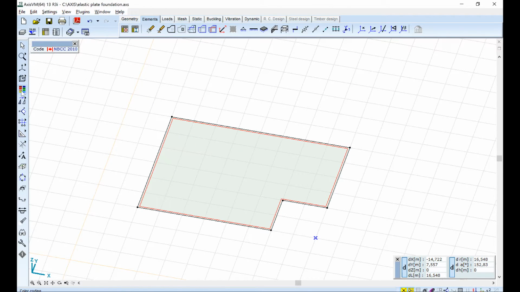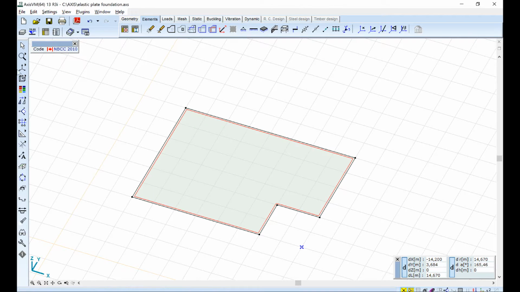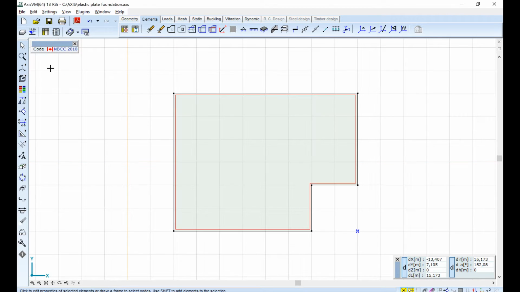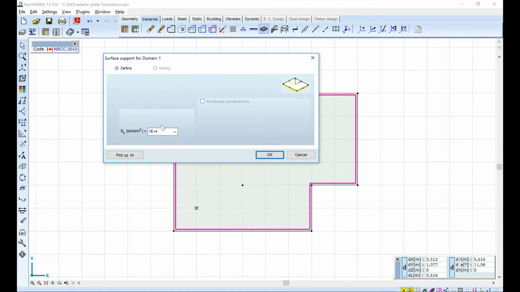Then I can check the render view if it looks like as we wished, and then I continue with defining the nodes for the columns which are connecting to this plate. These columns are supposed to be here, so I can move on and define the surface support, which will be a Winkler spring type elastic support for this domain, and the value will be twice as much as the default value,